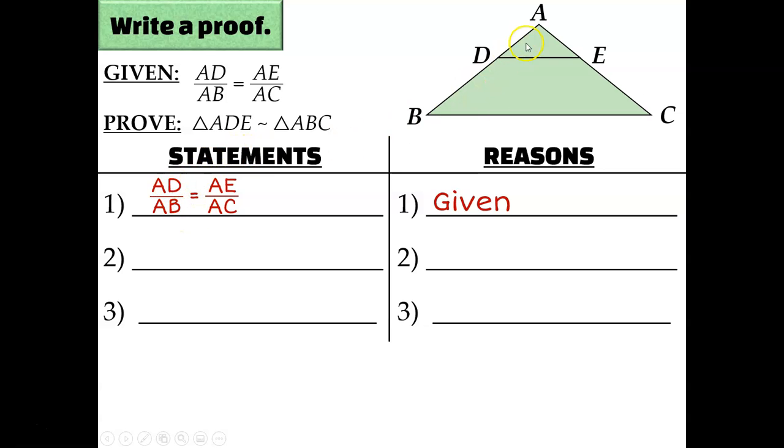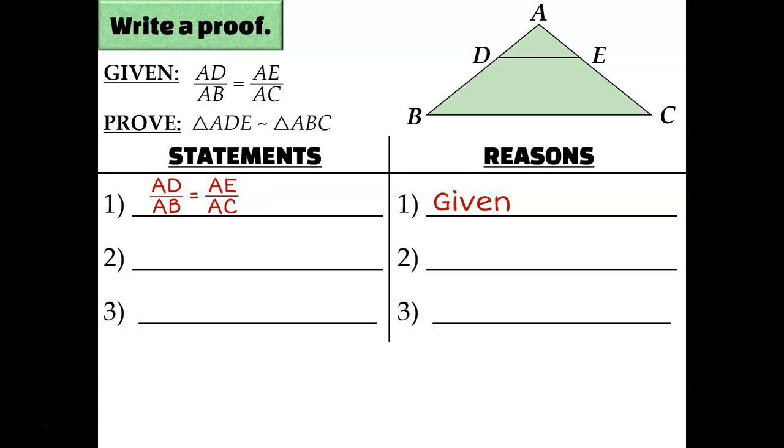AD over AB, so that's this little part over this entire side length. And that's equal to AE, which is this little part, over AC, which is this whole side length. So it's little part over whole thing equals little part over whole thing. Our goal is to prove that the little triangle on top, triangle ADE, is similar to the entire triangle, triangle ABC. Well, we're off to a pretty good start because we already know we have two pairs of corresponding sides